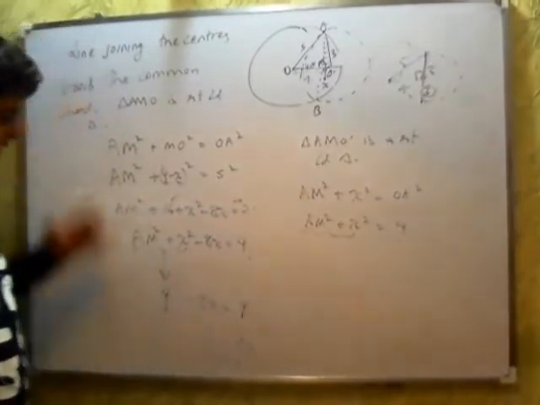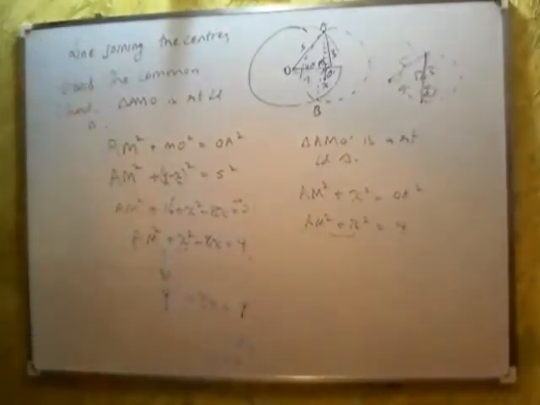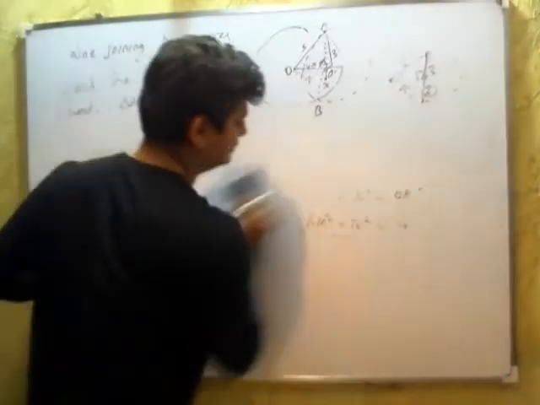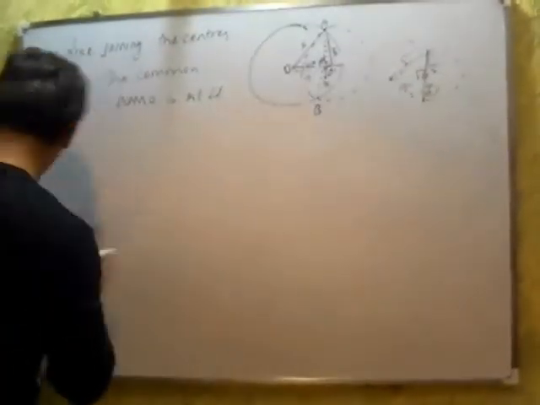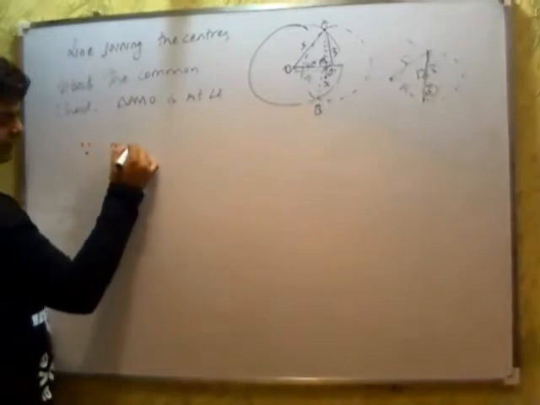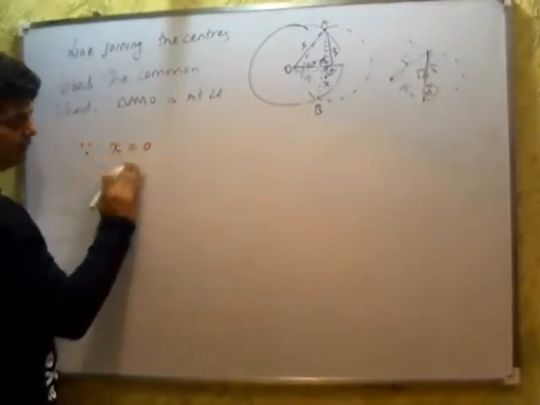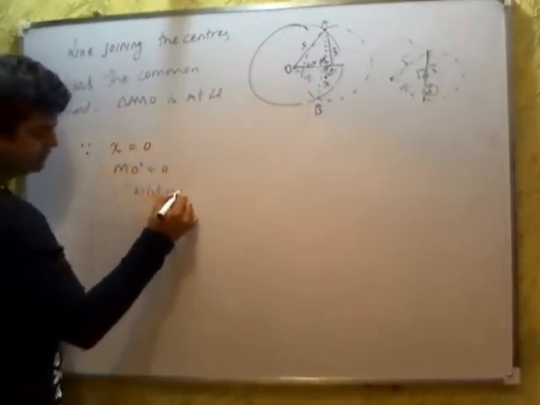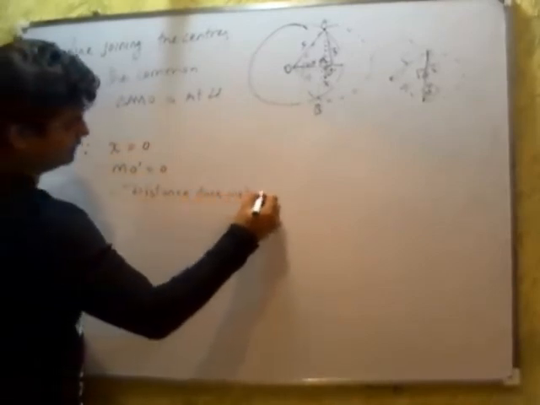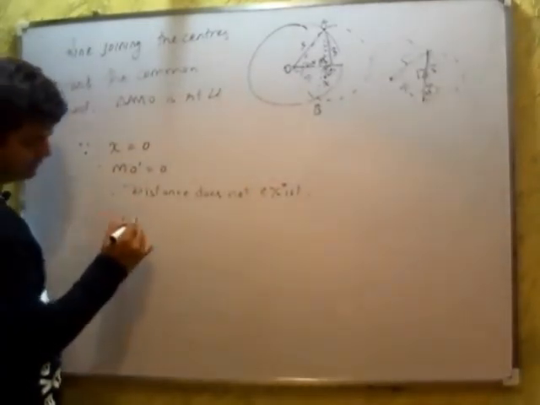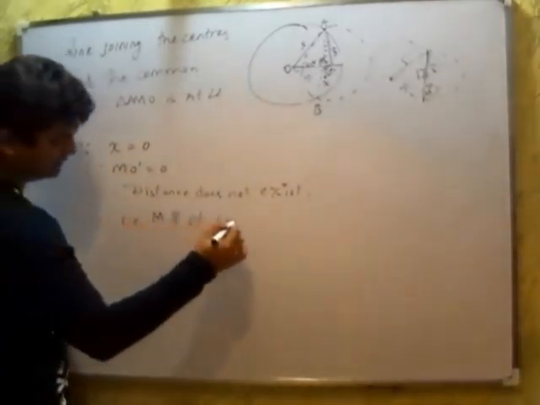So how will you write it? You just copy it down. After this I am writing something. That is, since x is equal to 0, therefore MO dash is equal to 0, therefore the distance does not exist. That is, M and O dash coincide,